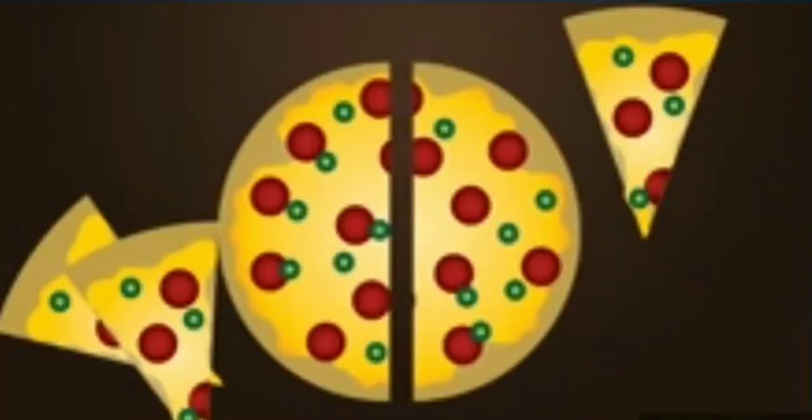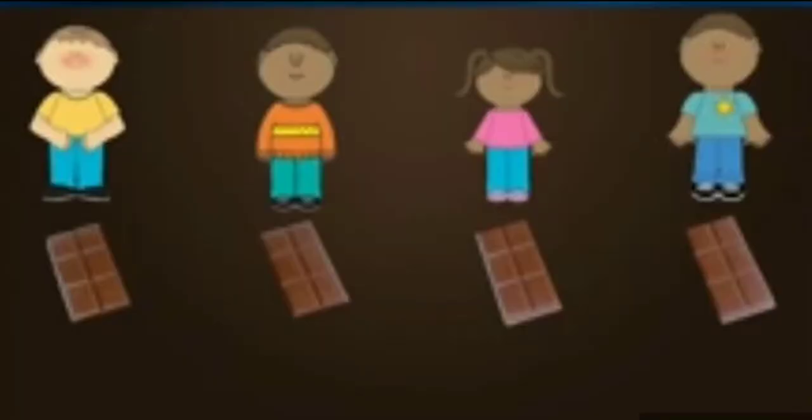A fraction is a part of a whole number. If there is one whole number and we divide it into two equal parts, that is called a fraction. Like you give a part of cake to your friends, or you have to share chocolates as well, so all those we cut into equal parts are called fractions.